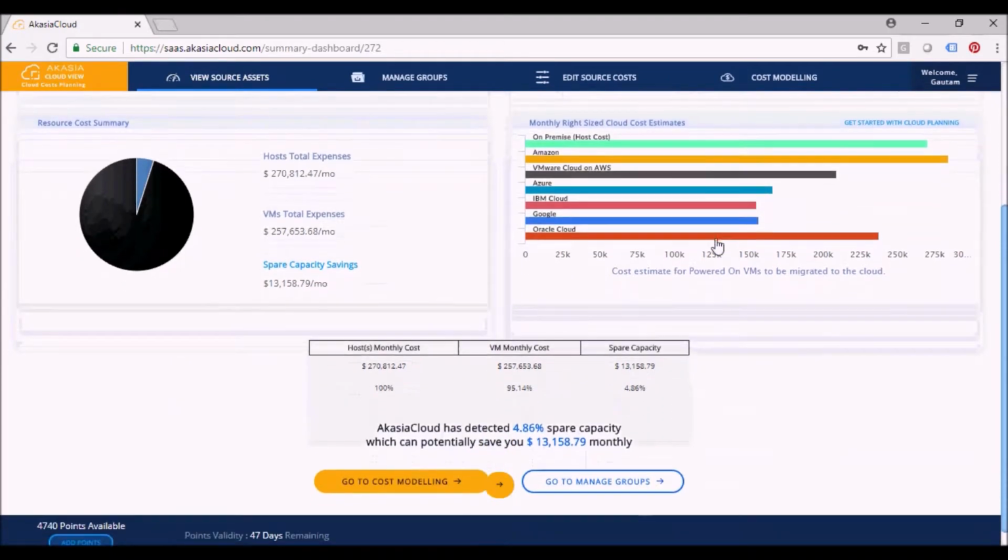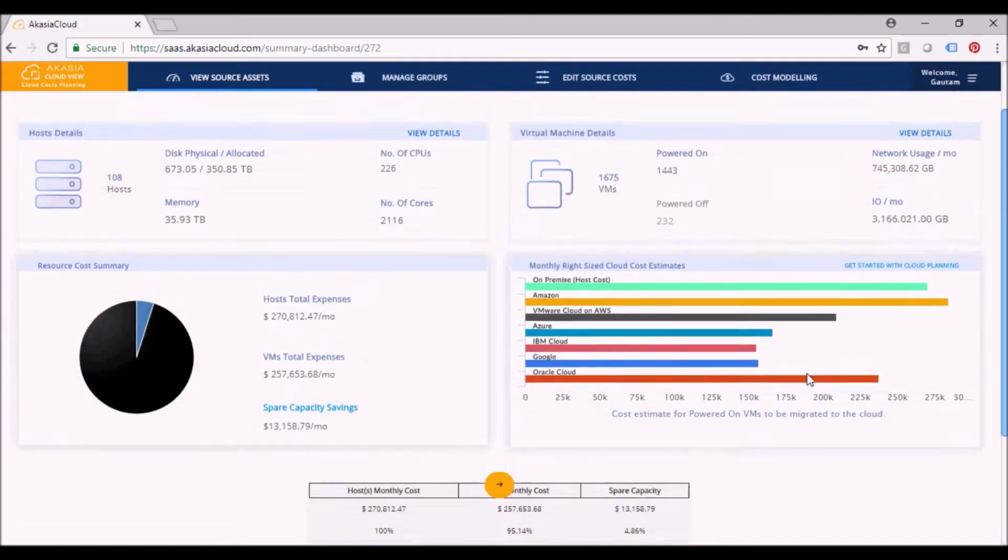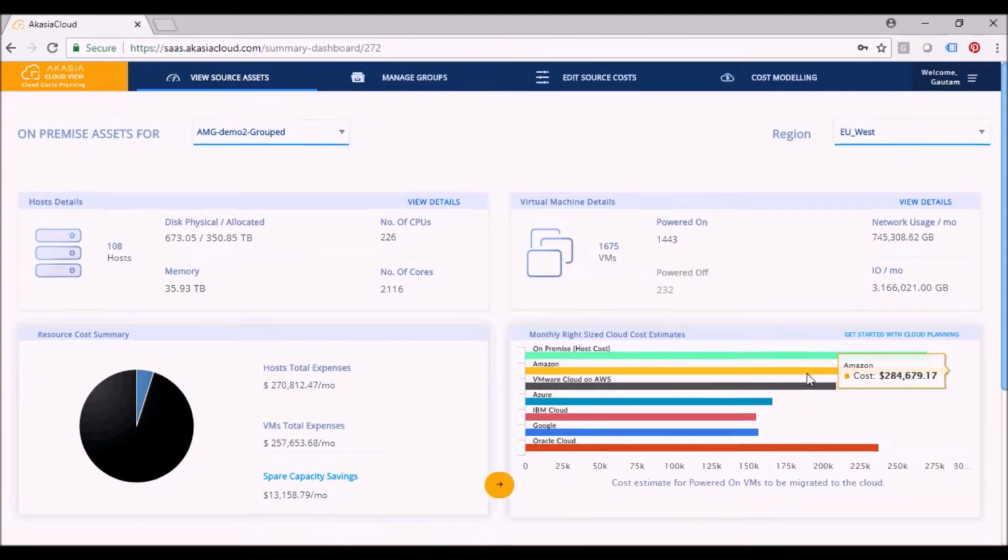And then finally, you get to see what your spare capacity is. This is idle capacity that you've already paid for on-prem, but you don't want to be carrying over idle capacity to the cloud where you pay for every resource that you've provisioned. So after taking a look at the overall summary of your environment,